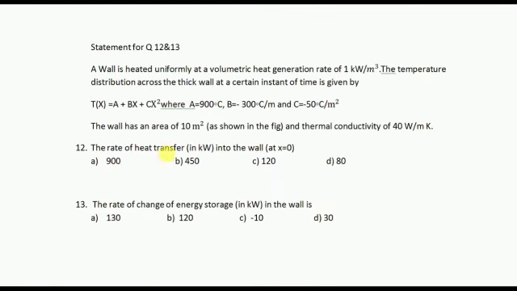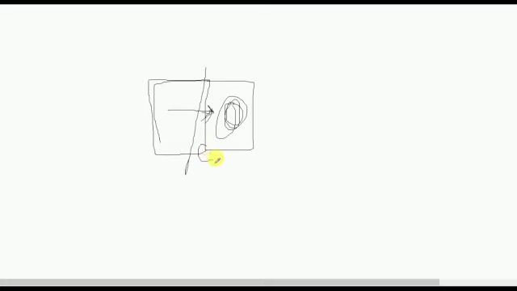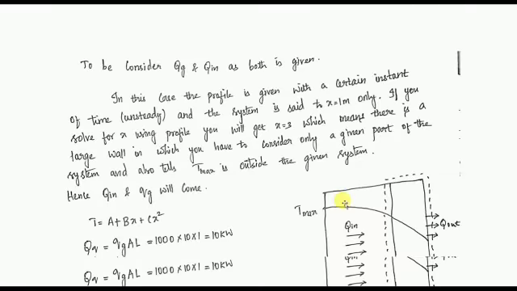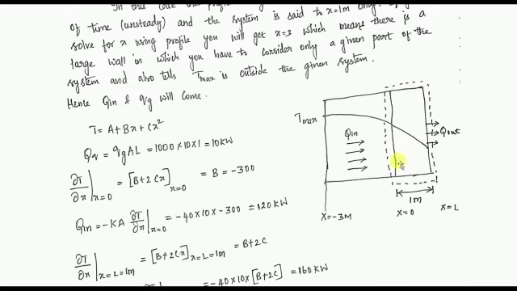Finally, the rate of heat transfer into the wall, they are asking at x equal to 0. They have been very clear, at x equal to 0, which means whatever you consider the wall, that is 0. That's what I have taken. You have to consider this thing first. This is your system, that's why I have marked it in dotted lines. Q in is coming, because it has to come from some source, some slab or some object. From there only Q in should come.